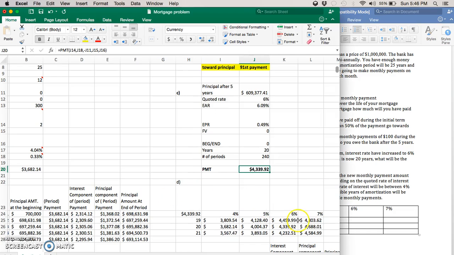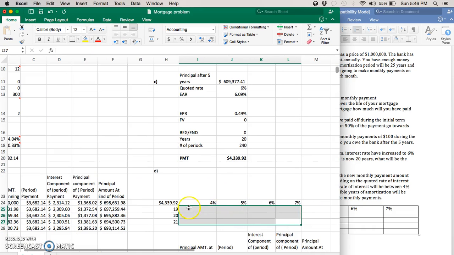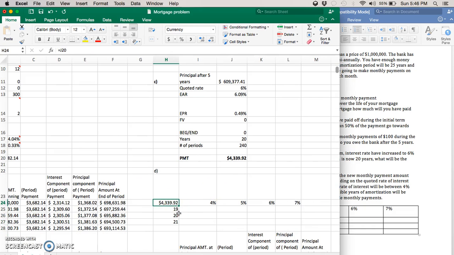So in order to do this question, it's best to make a table here. I already did the question, so I'm just going to clear it here. So you want to set it up like this. Make sure that in the top left corner you have your payment, so Excel knows what exactly you're trying to calculate. In the row above here, you're going to have your interest rates, and in the column here, you're going to have your number of years, the different variations. You're going to go ahead and highlight this whole area,